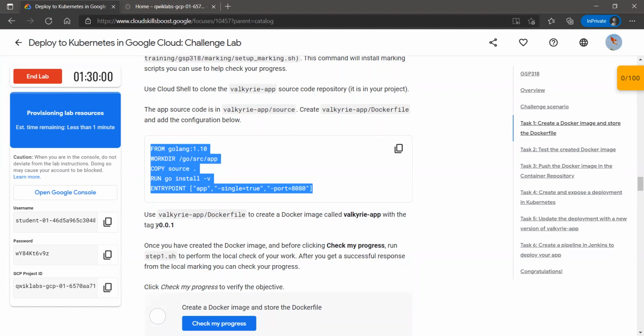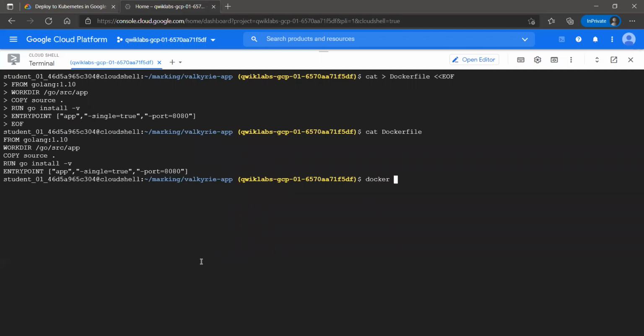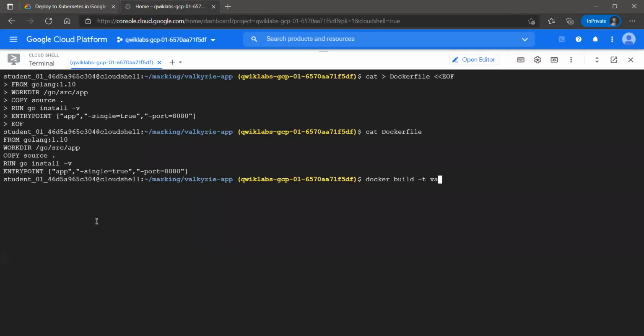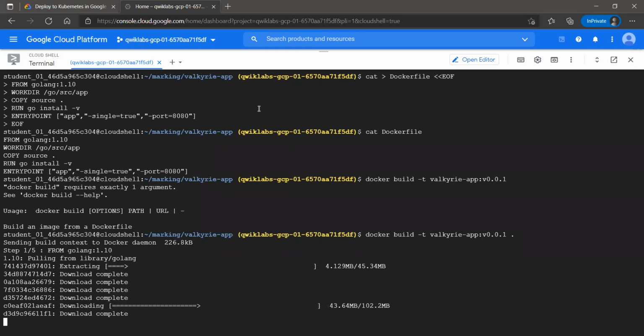Now we have to give the image a tag of v0.0.1, giving it a tag of v0.0.1. So the image is building from the configuration file.